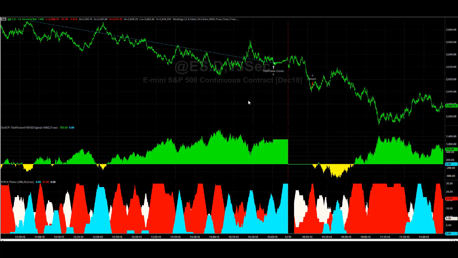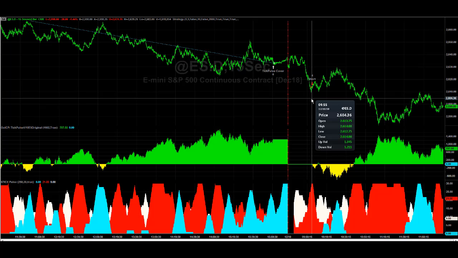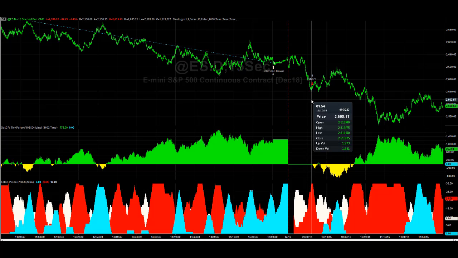So tick pulse is one of my favorite strategies that has gone through a drawdown lately. I am working on finding a better way to trade this. There's massive counter trend rallies, and here is the example of the $1,000 stop loss, no profit target, exit at the end of the day. And what could you do to get in at a lower risk entry point if you have a 20-point stop